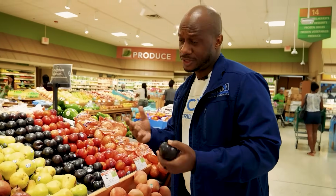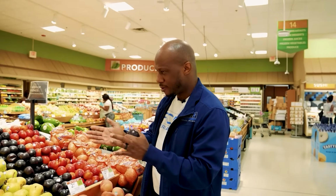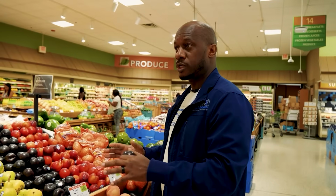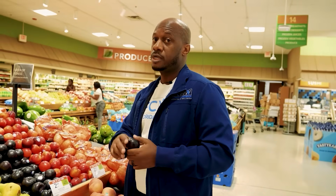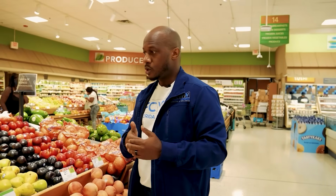Not very high in calories. I would say the plums are probably in the moderate range for glycemic index, moderate to low. But again, all of these suggestions for fruit, if you're a diabetic, or even if you're not a diabetic, if you are concerned about spiking your blood sugar, I would recommend either getting a glucometer to check to see what all of these foods do to you after you eat them, maybe 1 to 2 hours after, or